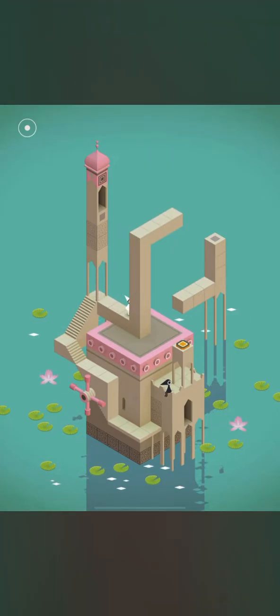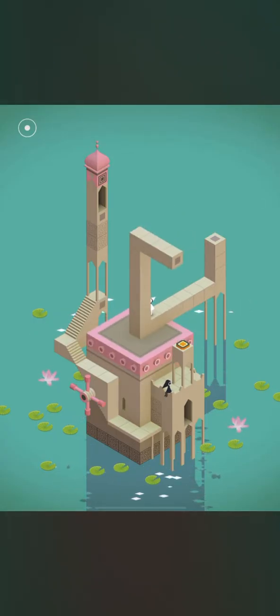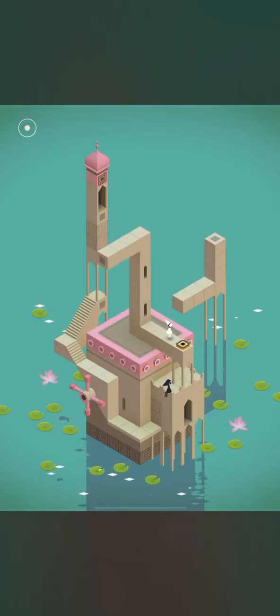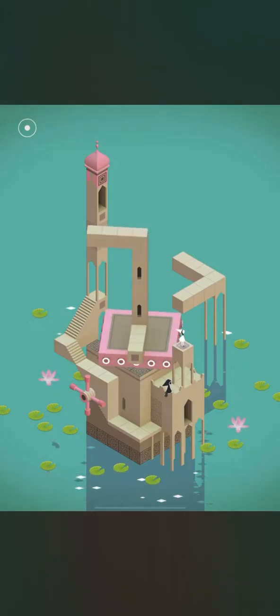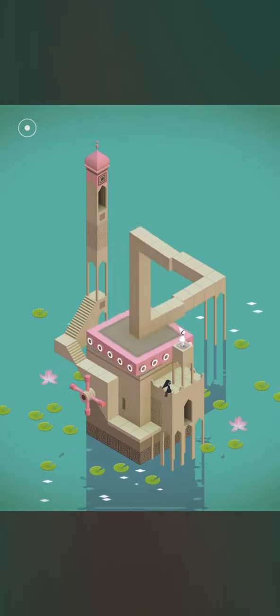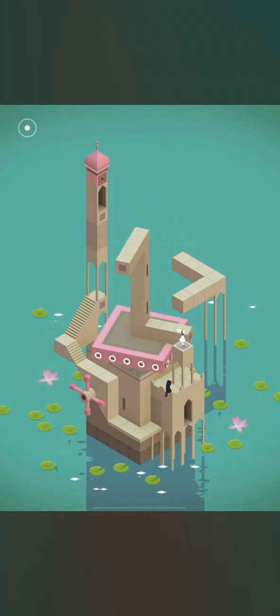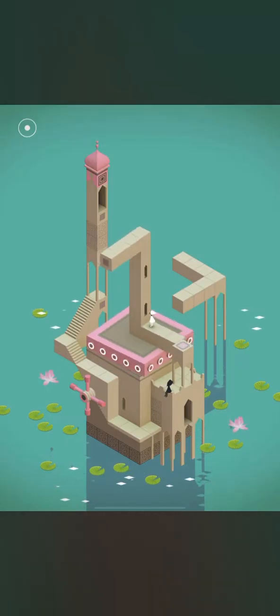Alright, let's see what it does this time when I rotate. Oh, yep, see, it does something real cool there. Let's get Ida back on the platform.